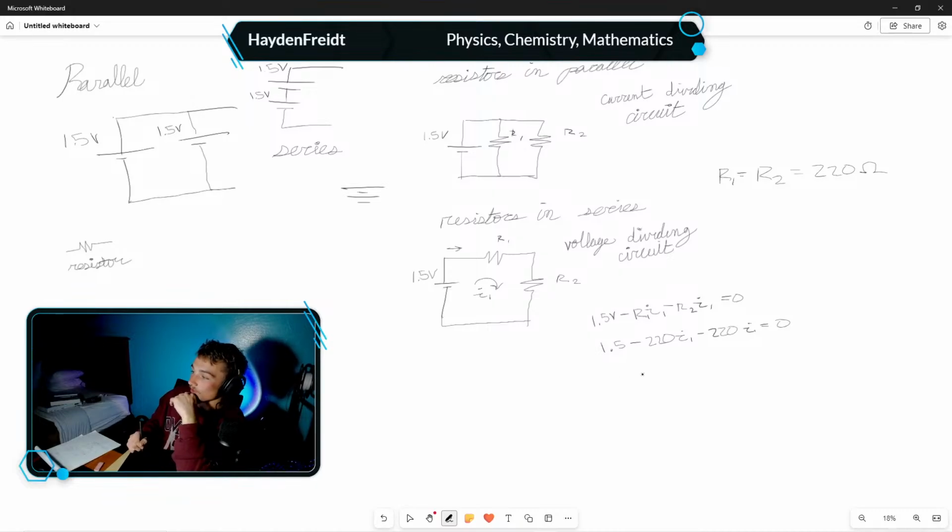Okay, so we're going to move 1.5 to the other side. Actually, let's move the 220 to the other side because it's a negative. So we're going to have 1.5 equals, we're going to pull the I out, because they're the same value. So we can just call it 440, because they're both going to be an addition, 440 I1. And so 1.5 divided by 440, I1 equals,